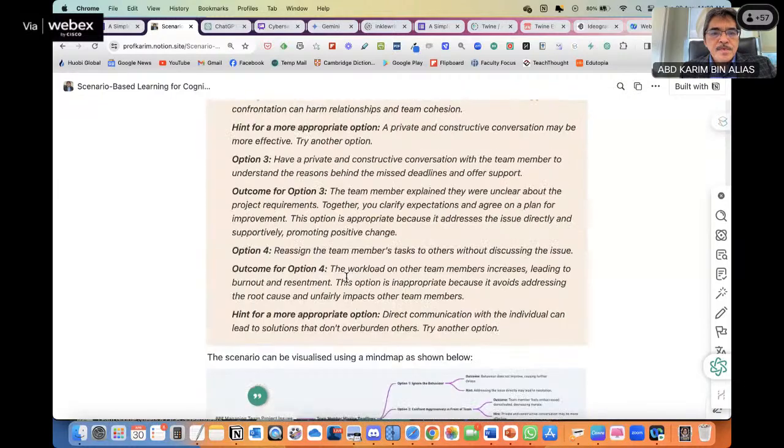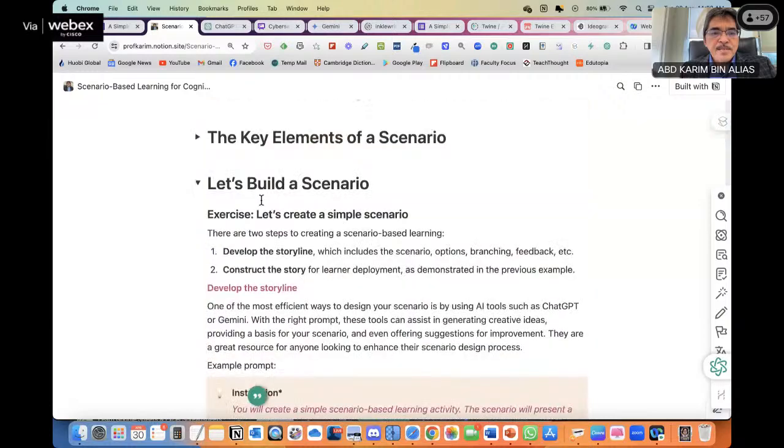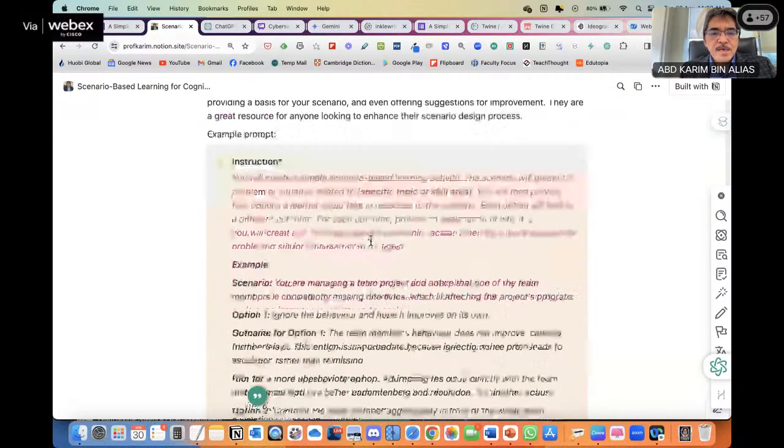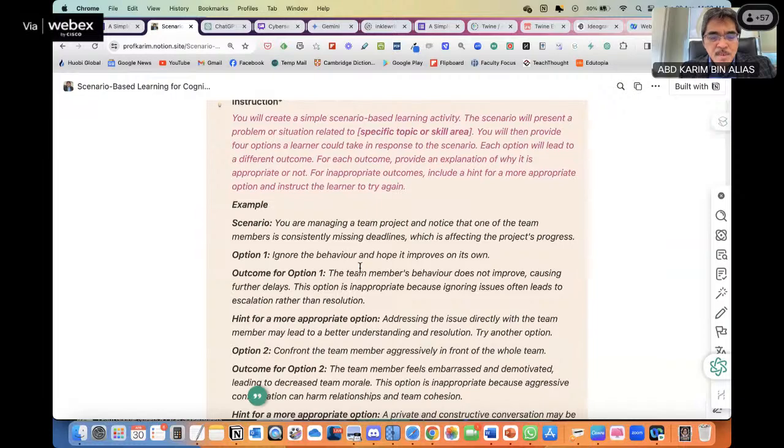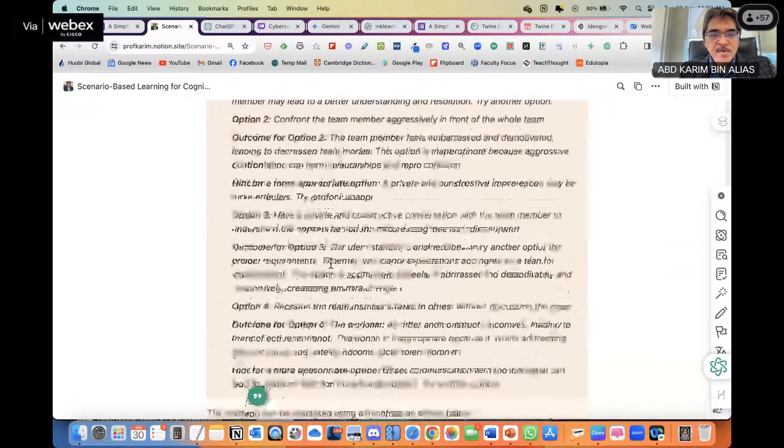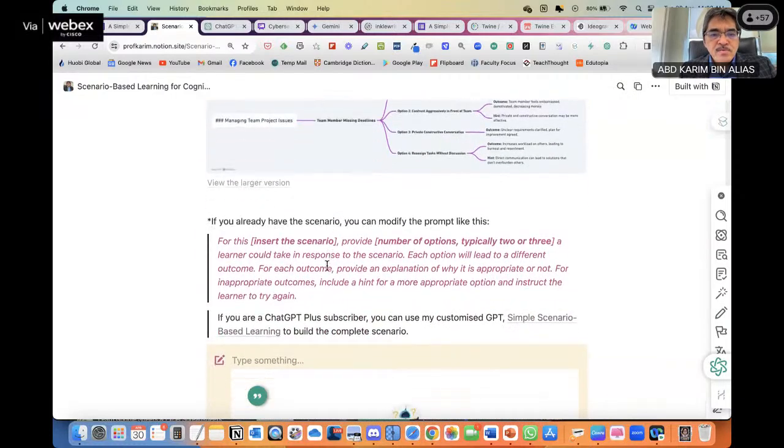Under this section, let's build the scenario. So we have seen the example based on this scenario. If you scroll down, if you already have a scenario, you can modify the prompt like this. So this is a prompt. Let me copy the prompt